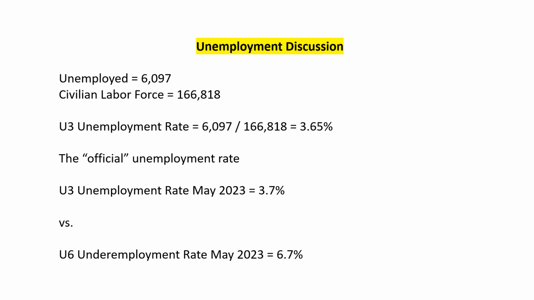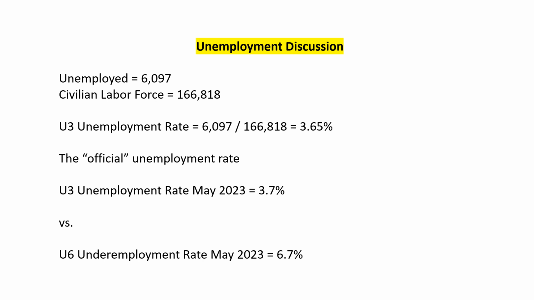seeking employment. So to arrive at that number, we take the unemployed, which again is about 6.1 million for the month of May, divided by the civilian labor force, or simply the labor force. And the labor force is equal to the employed plus the unemployed. So for the month of May, that was about 166,818,000, we'll just say, okay? And so working through the calculation, the 6.1 million divided by the 166.8 million, we arrive at 3.65, rounding up to 3.7. So the official unemployment rate, or the U3 unemployment rate for May 2023, came in at 3.7%, versus what we